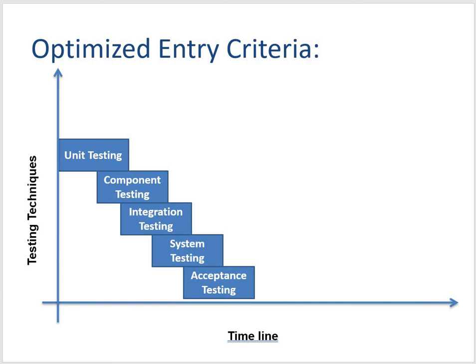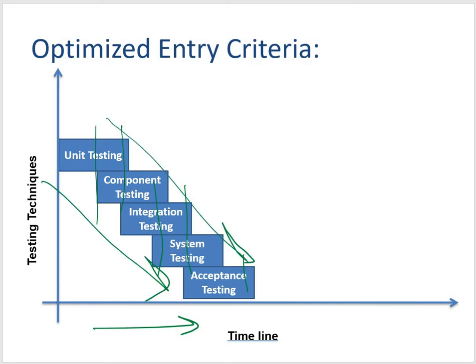Somehow we are trying to get to where some amount of overlapping is there, obviously, but not that much time is consumed, as we saw in the case of two strict criteria. And not that little time is consumed as in the case of your two mild entry criteria. So this looks to be optimized, right? Some amount of overlapping is done just to reduce this time span.